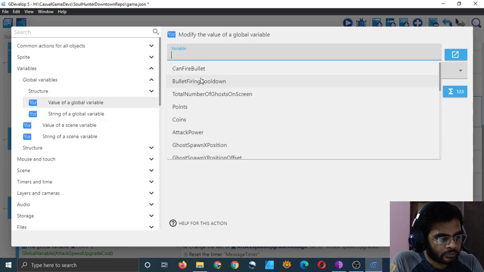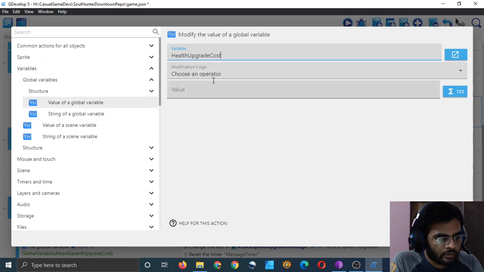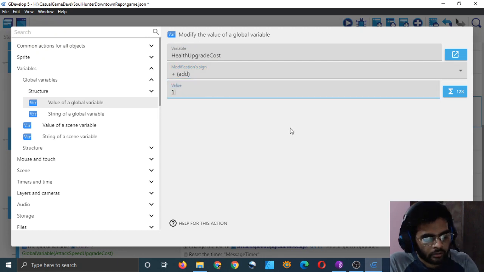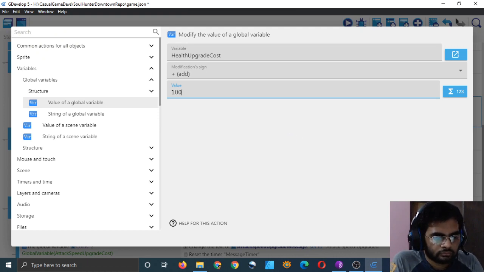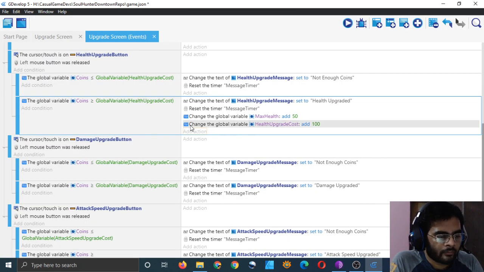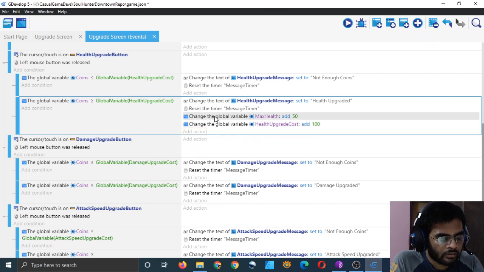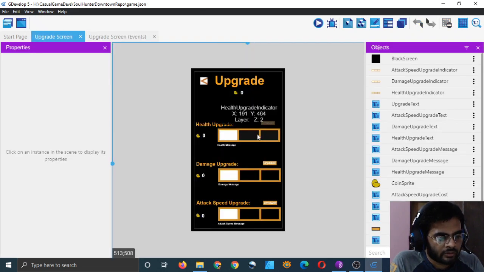oh, yeah, health upgrade cost will also increase by, I guess, 100. It will be 150, and max health will also be 150. So it's very simple. You can add any other variation which you want, right? So that's what will happen when the player clicks on the health upgrade to upgrade the health. But something else will also happen, and that is the animation for this indicator will change, right?